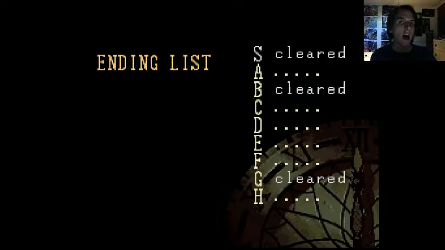I got ending S, which is actually very hard to get, which to me never really was difficult. Ending B is cleared, and ending G. Now, endings C, B, A, B, C are all canon. It actually happens. I think ending D as well. But E, F, G, and H are all bad endings, which result in your death, and that's not canon to